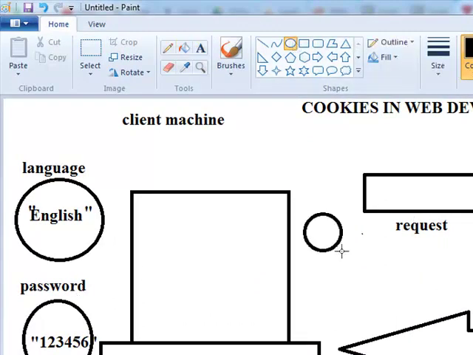So if your Gmail has 2 cookies, namely language and password, only those 2 cookies will accompany the request object. So with each request, all the cookies of that particular website on the browser, of that particular website only, will be sent.